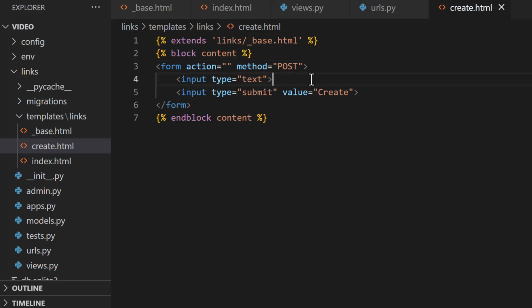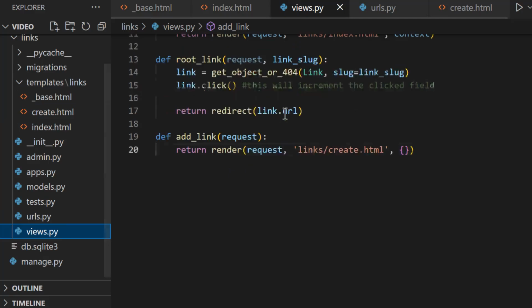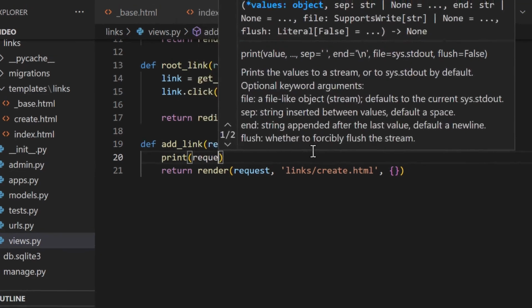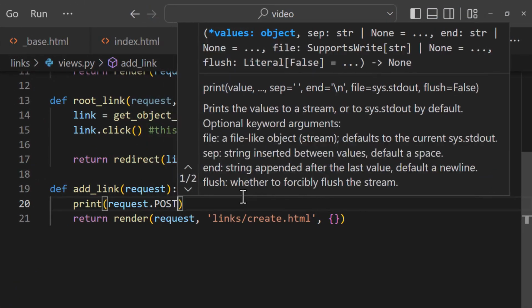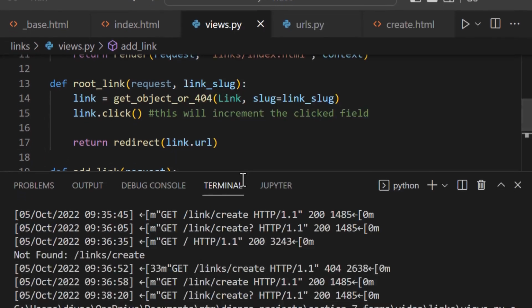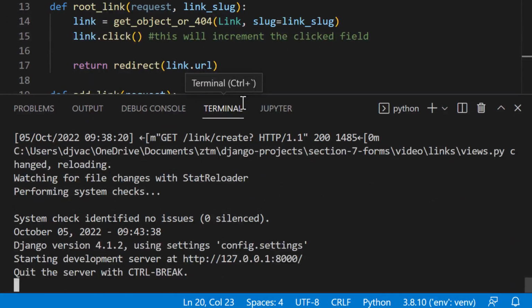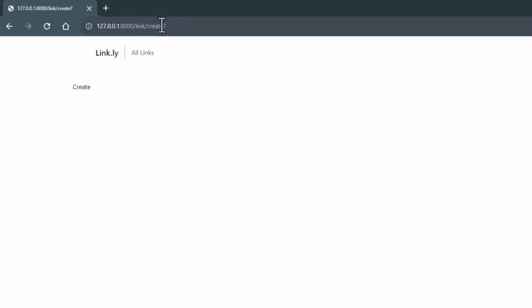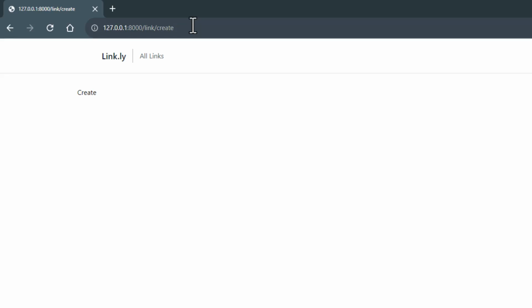So we can save this, and we can go back into our views.py, and where we have this view for this create page, we can access this data using this request object that's passed in. So what we can do is just print this out for now. We can say request.post, click save, make sure that your server is running, and go back to our browser. Here we have link/create. We can reload link/create, type in something, say hello world, click create, and now we get